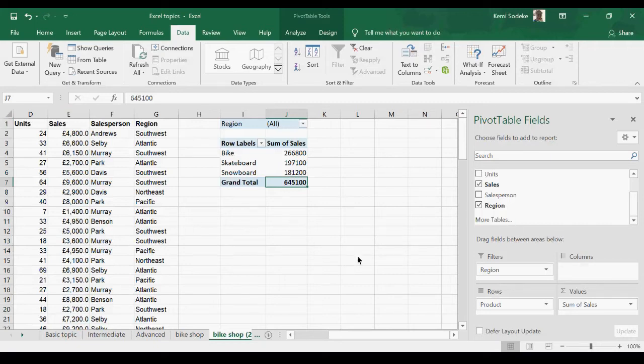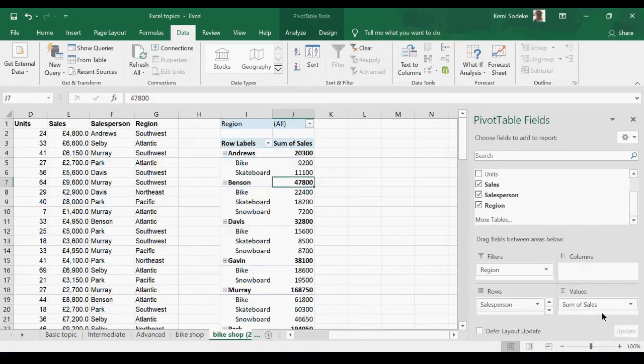So you haven't selected the old data. You will only look at the data you have selected when you selected the data. Let's add the salesperson back. So we have the product back,